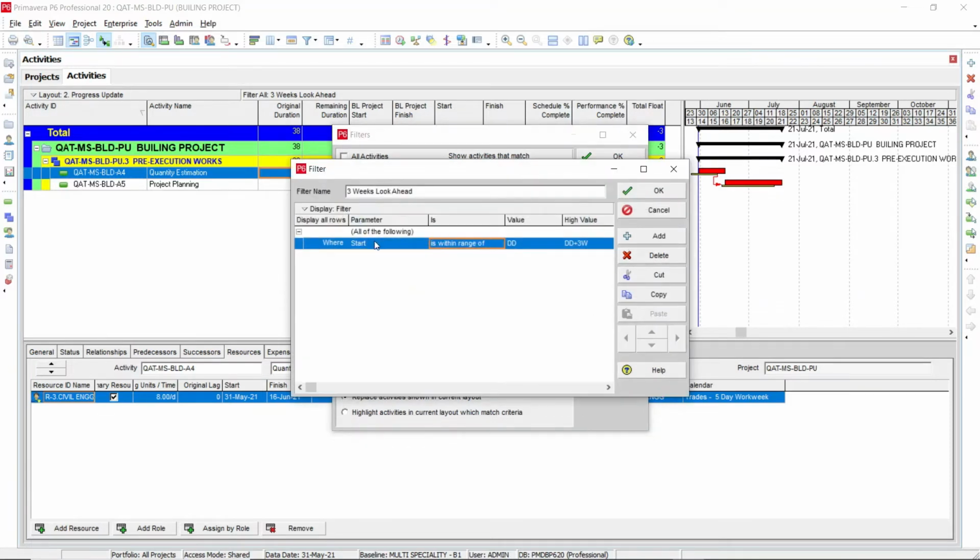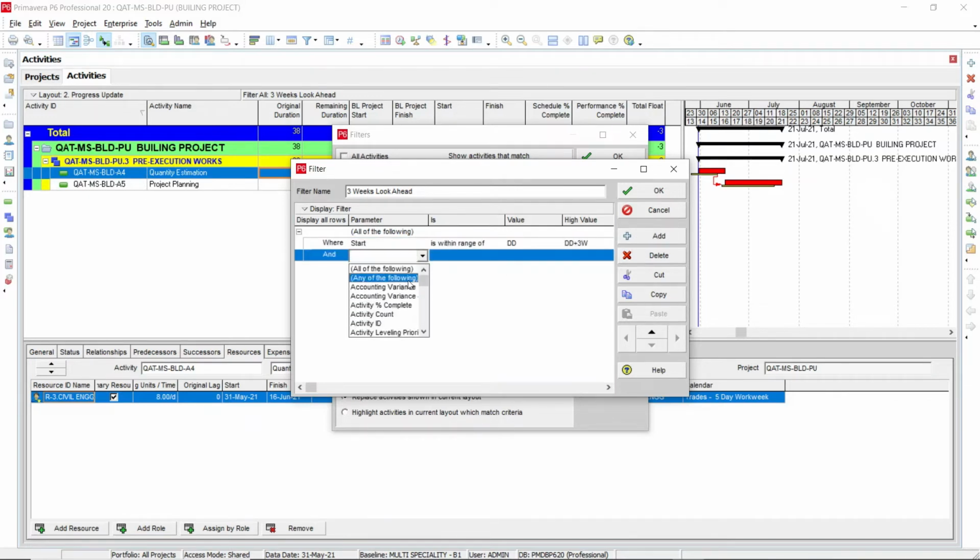If you want to add another parameter, that is, if you want to filter the activities which are in progress or not started or completed, you can also add the parameters here. Just click add here, then select activity status from the drop down menu.